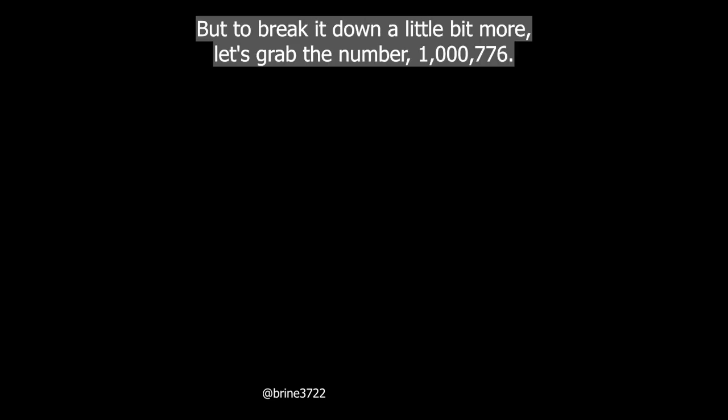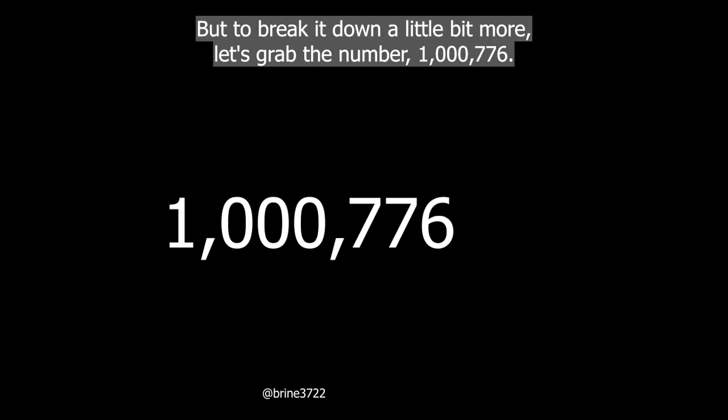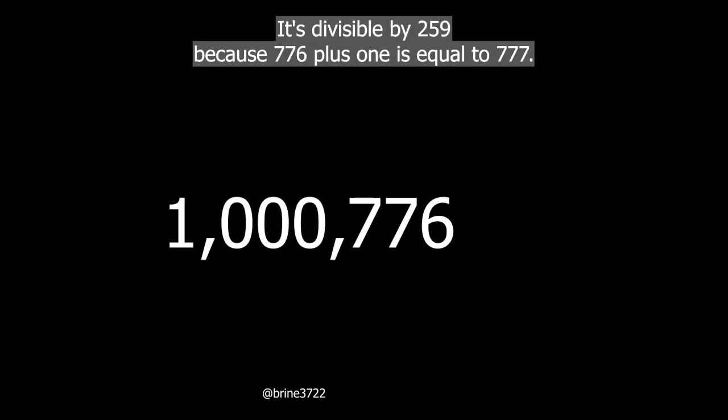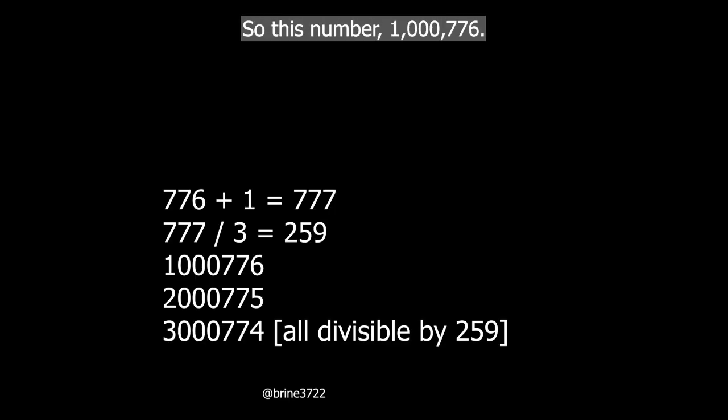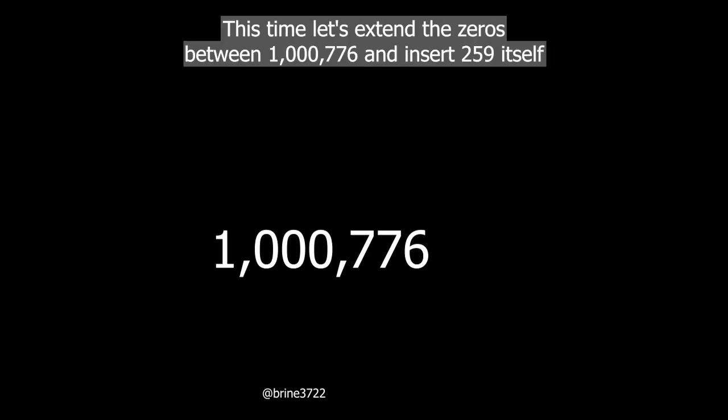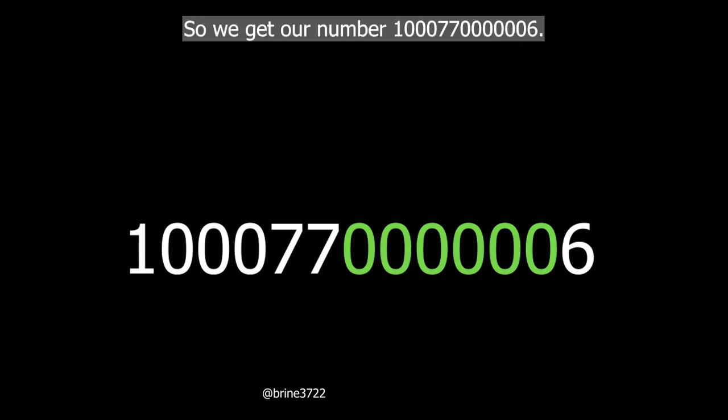But to break it down a little bit more, let's grab the number 1,776. It's divisible by 259 because 776 plus 1 is equal to 777. Divide that by 3, it's 259. So this number, 1,776, itself is divisible by 7. This time, let's extend the zeros between 1,776 and insert 259 itself somewhere there. I want to put my zeros in between the 7 and the 6, so we get our number